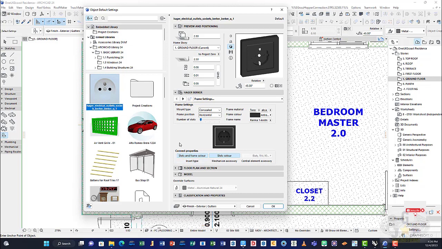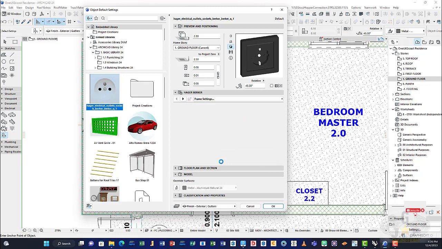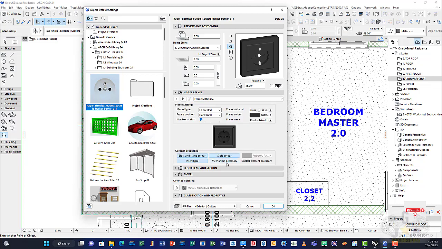These are connect properties. Let's set the type. I'm activating all of them. Let's choose a mechanism. We might not really need a mechanism, but yeah. Well, let's insert it and see what it's going to do. Click on the central element accessories as well. But doing this, if I deselect the slot color,